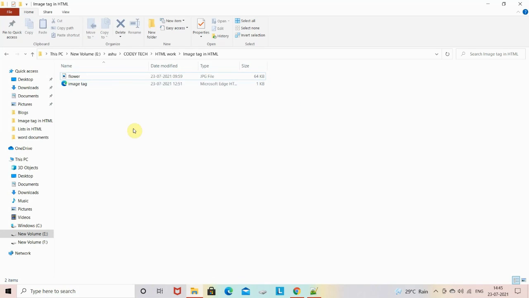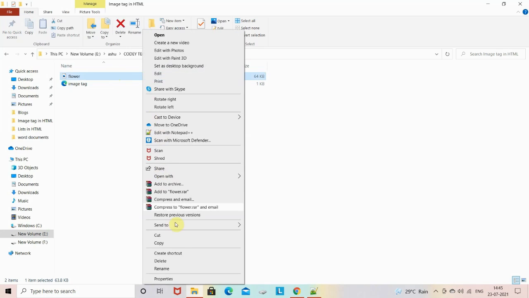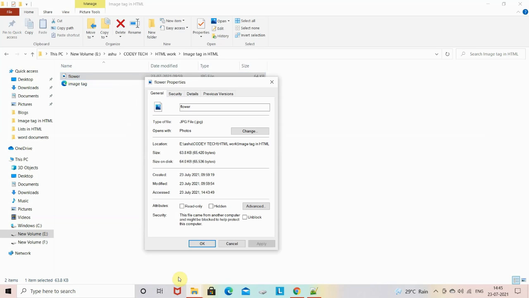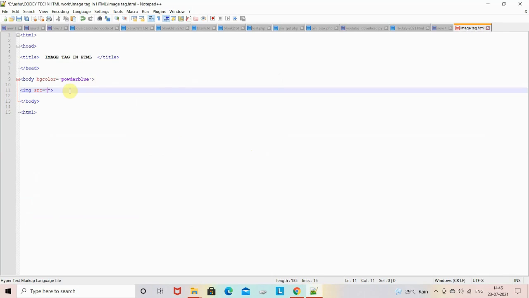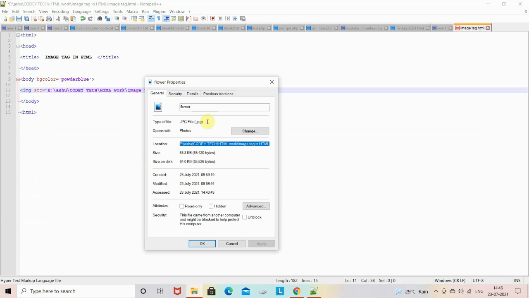So I have already selected an image and saved it in my PC. I will just right click on it and go to properties. The properties window appears. Now I will copy this address which is written beside the location. I will copy it and paste it within the double quotes. Now I will give a slash like this, and again open the properties.